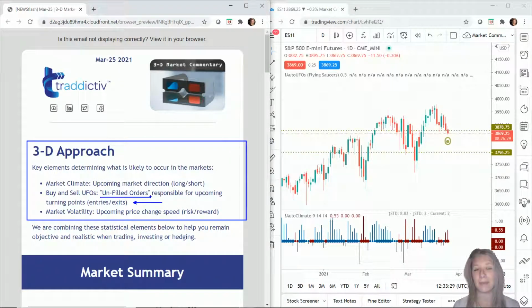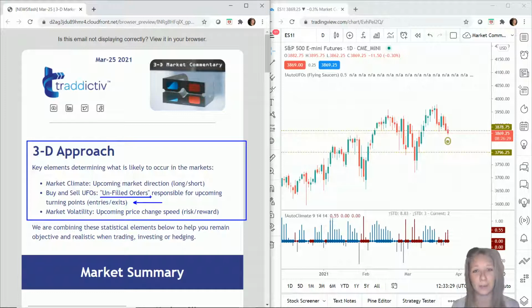If there are big stacks of buy orders waiting to come in, we want to buy near those stacks of buy orders or within those stacks of buy orders. Because if there's lots of buying going on, it's more likely to defeat or beat the sell orders and push price upwards. So we want to be part of that. We want price to go up after we buy. So we want to buy where there's a lot of other buying. Same the other way around.